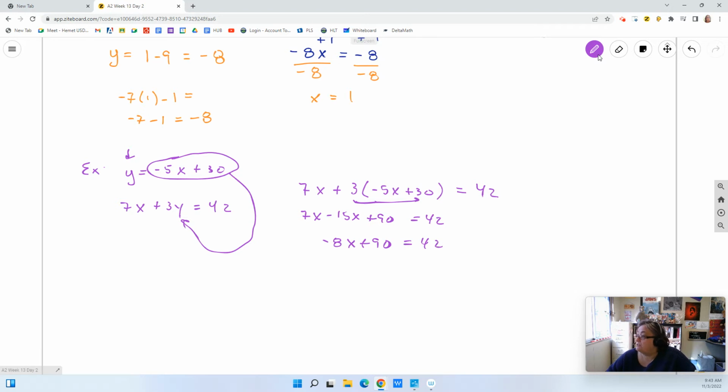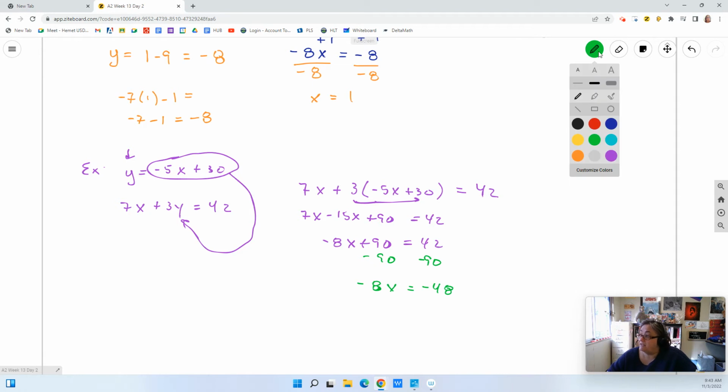Then next we are going to start undoing all of the stuff, right? We've got 1x on both sides now. So I'm going to start by subtracting 90 from both sides. I have no idea off the top of my head what that equals. Negative 48. So I get negative 8x equals negative 48. And the only thing I have left going on to that x now is this negative 8 that's being multiplied to it. So I'm going to go ahead and divide both sides by negative 8 so that all I have left on this side is x equals negative 48 divided by 8 is